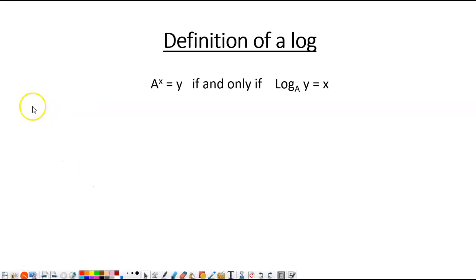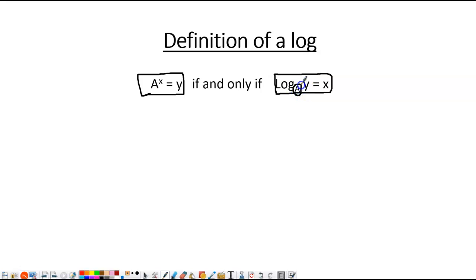Alright guys, in this video we're going to be reviewing logarithms and their properties. So let's start off with what a log is. Logarithms look like this, but our minds are more apt to think in terms of exponential functions instead. So this log equation can be written like this if you want to rewrite it as an exponential function, where